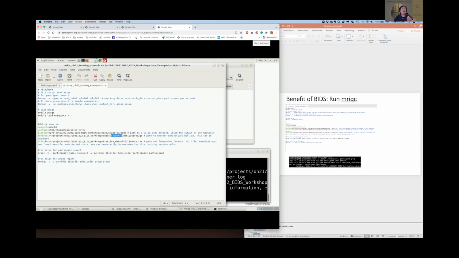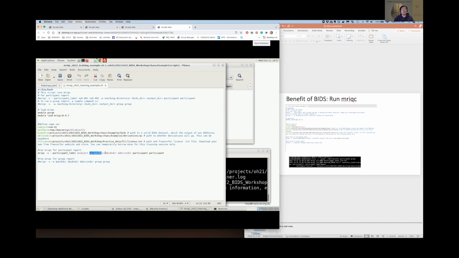And then the last thing is you need a license. So for now, you don't need to worry about it. You can just borrow the license we have for the hands-on sessions, but eventually you'll get your own. And then there's just one line of code here, if you can read it clearly. So this is mriqc, -v is for verbose. Just print everything onto the screen, and then tell it exactly which participant you're going to run. So in this case, subject 01.